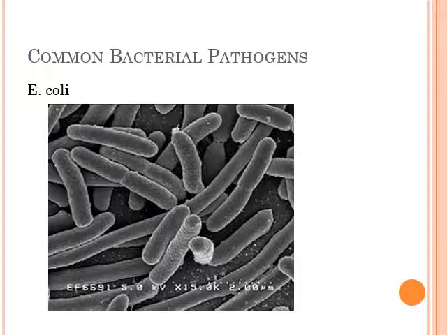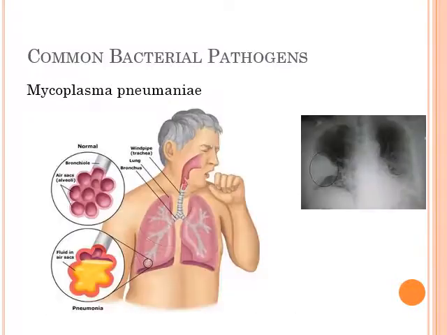You've heard of common pathogens like E. coli. It lives naturally in your gut. But if it gets to the wrong place, it could cause you harm. You may have heard of pneumonia. Pneumonia will cause bacteria to grow in your lungs, and those bacteria secrete, not surprisingly, more glycocalyx. That glycocalyx, and other fluids, will fill the lungs, causing you not to be able to take any air in.